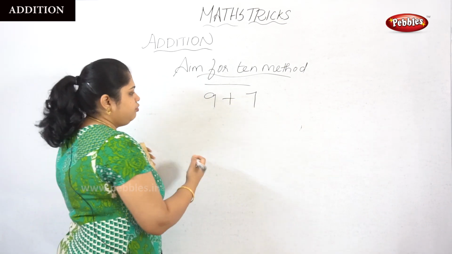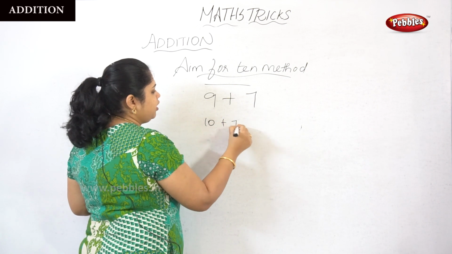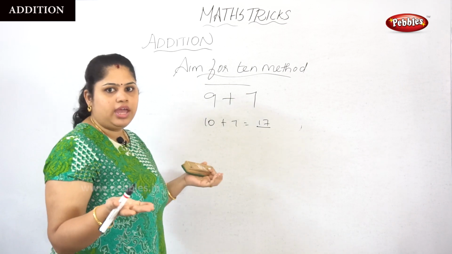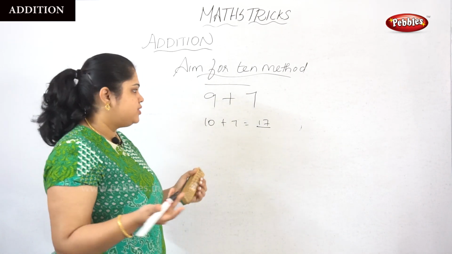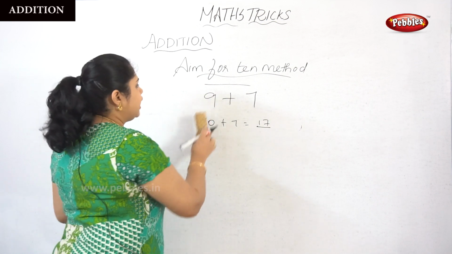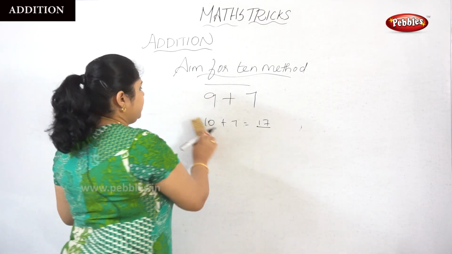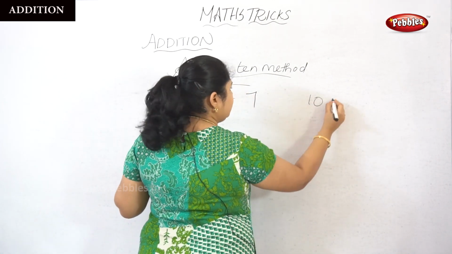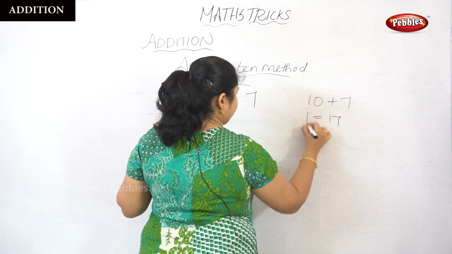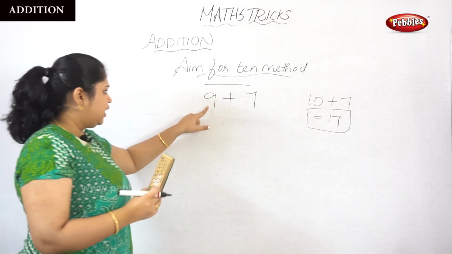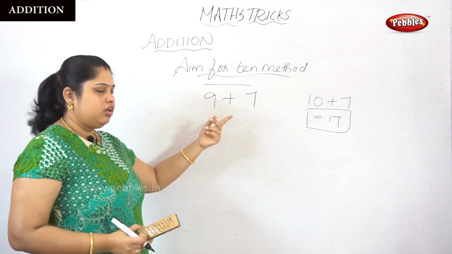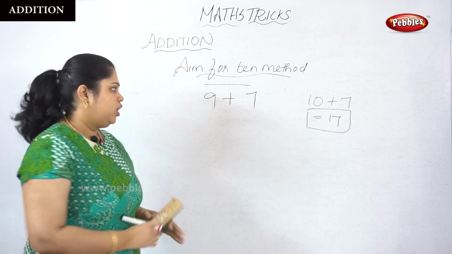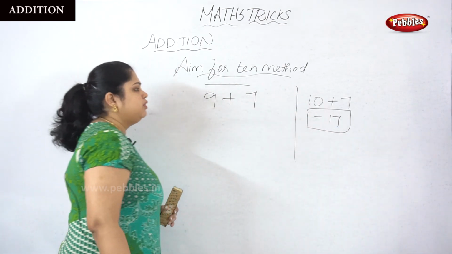For example, if you think of it like 10 plus 7, how are you going to get the answer 17? It's a wrong answer, isn't it? It's of course a wrong answer, because the question is 9 plus 7. Just keep it in mind here. So what I said, 10 plus 7 is equal to 17. I'm just adding one extra number here. So 10 plus 7 is equal to 17, but it is not the correct answer. Just remember it.